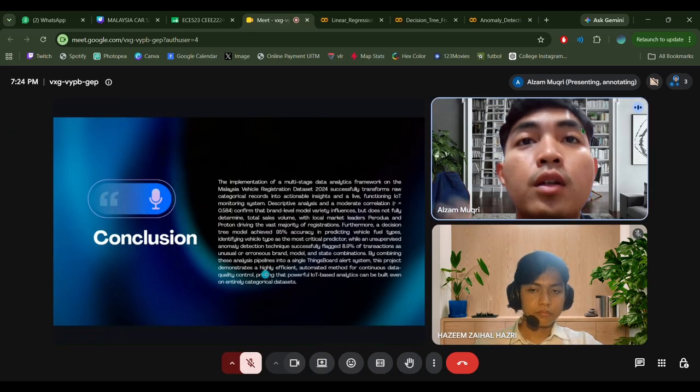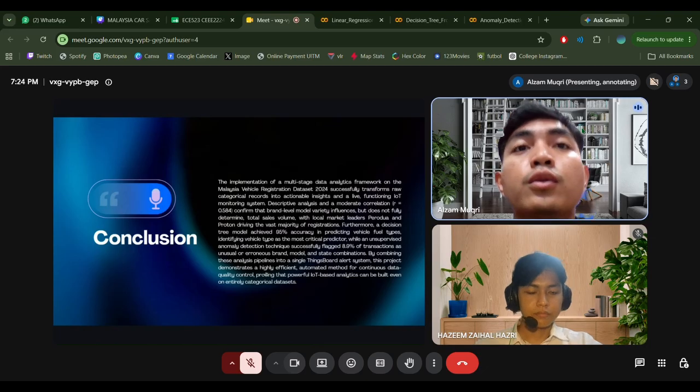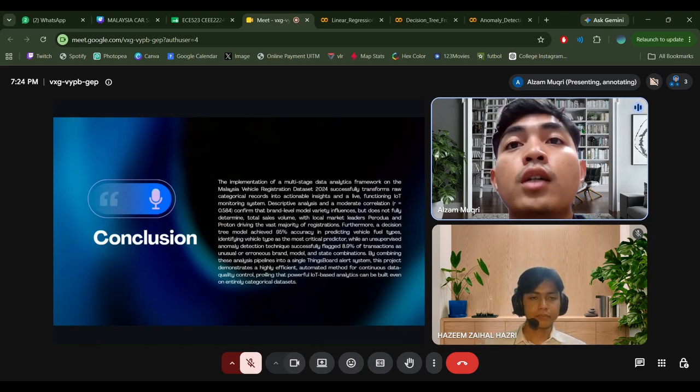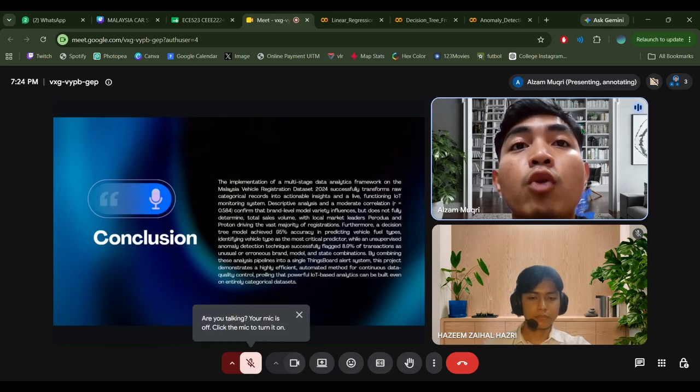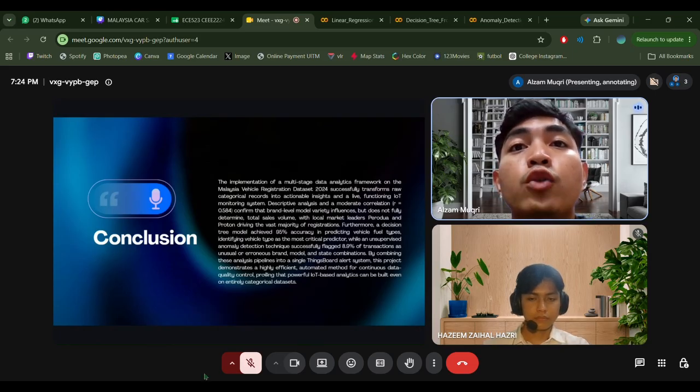Thank you, Azim. So now to conclude, our framework successfully turned raw data into a working IoT dashboard. The implementation of a multi-stage data analytic framework on the Malaysia Vehicle Registration Dataset 2024 successfully transformed raw categorical records. Our prediction model was highly accurate at 95% in predicting fuel types.